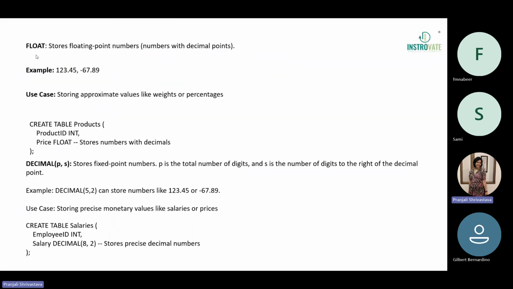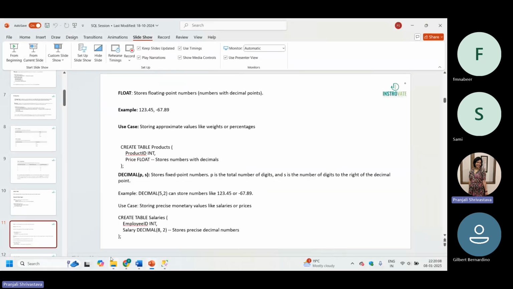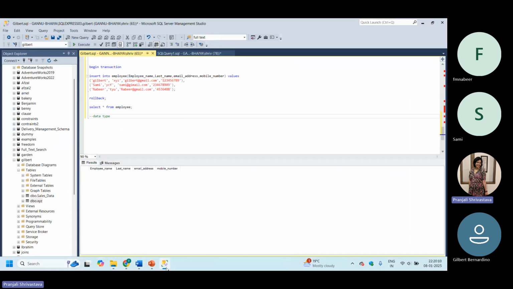Now we have the float type of data type. The float type of data type we use to store the decimal point values. Now we have float and we have decimal type of data type, and both type of data type store